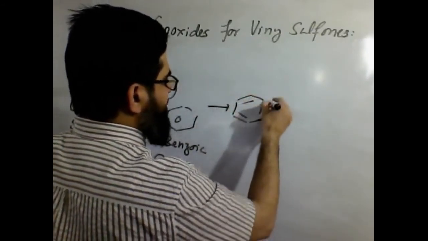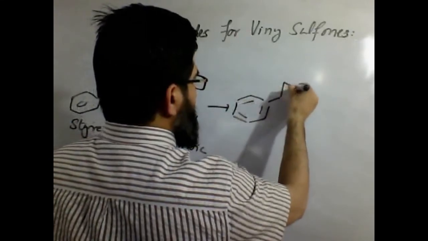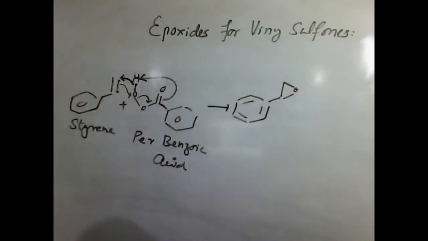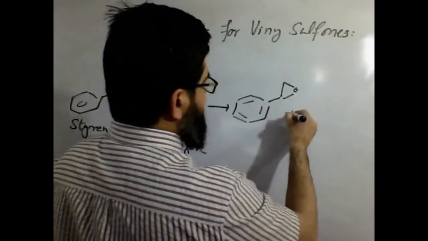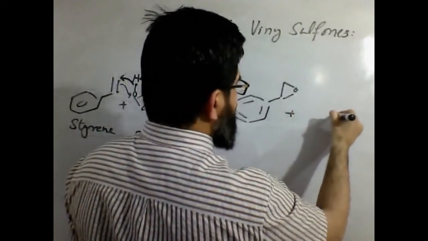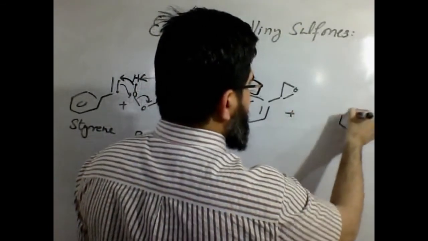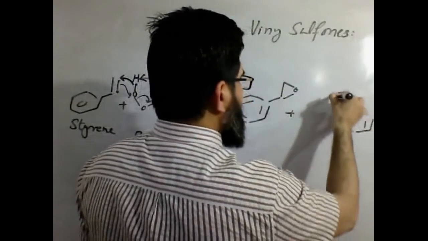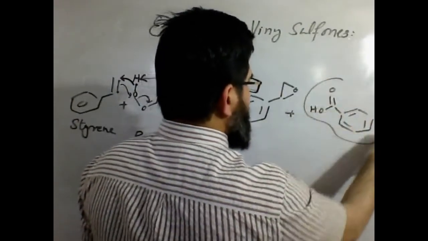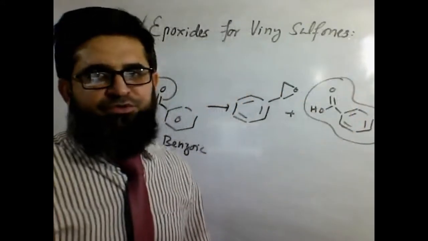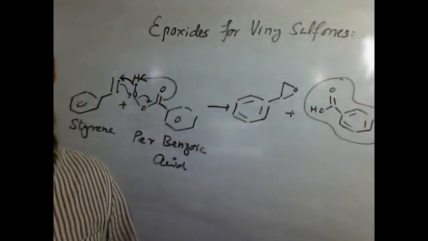We are supposed to get this side of epoxide with benzene ring. What has happened? The rest we are supposed to receive the benzoic acid. This is how they are supposed to be. The benzoic acid,